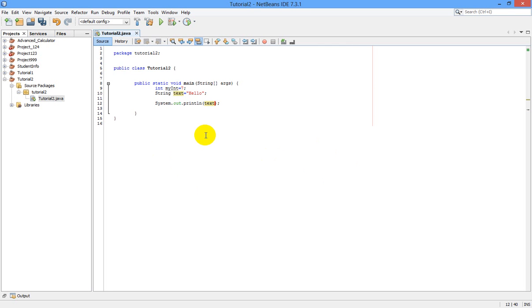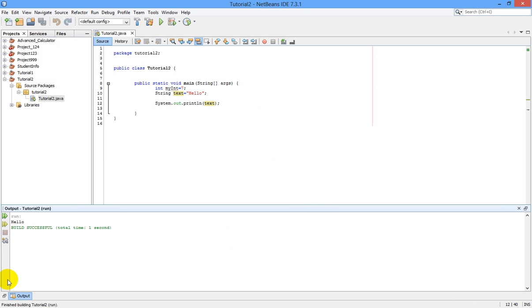Now if I run this program, see what happens. You can see here the output we are getting is hello. And you can also do some interesting things with strings.